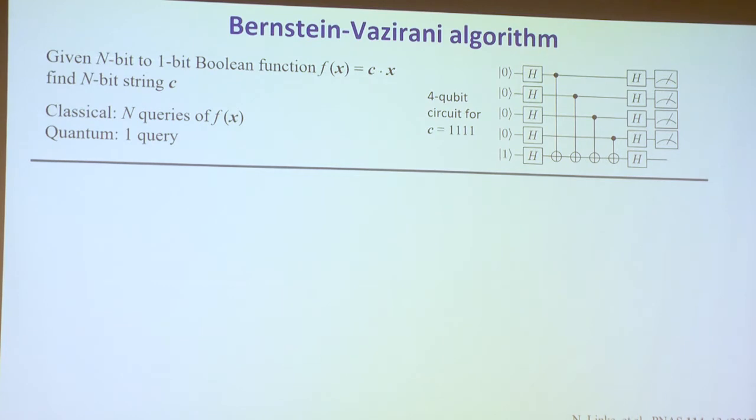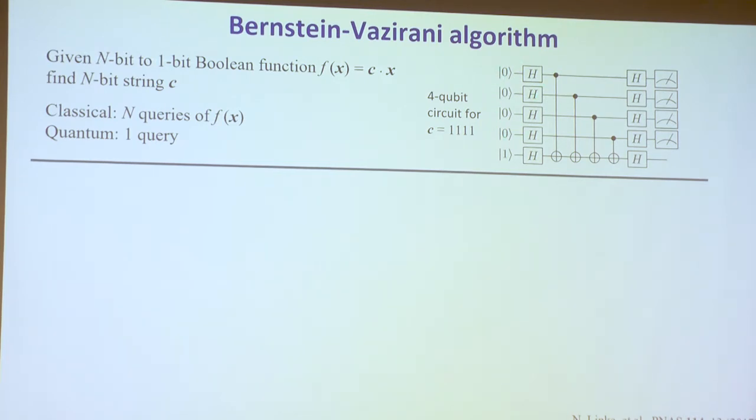I give you the black box. c is encoded in there somehow. What is c? Well, classically, we have to do a single evaluation for every bit of c, right? So you need n evaluations. Quantum mechanically, you can do it just once. You just have to look at that black box once. And of course, the trick is that you've put all the inputs simultaneously in the system. Again, this is a little bit of jargon, but here we have 5 qubits, but we use one of them as a workspace, an ancilla. So this is actually only a 4-qubit algorithm.